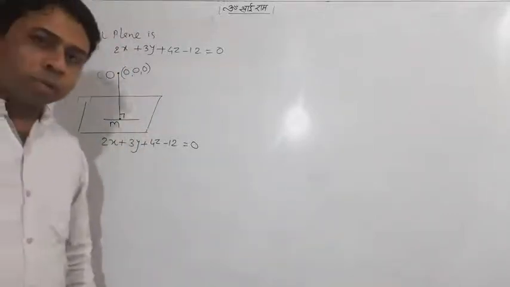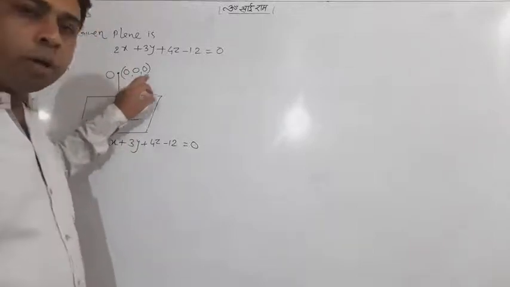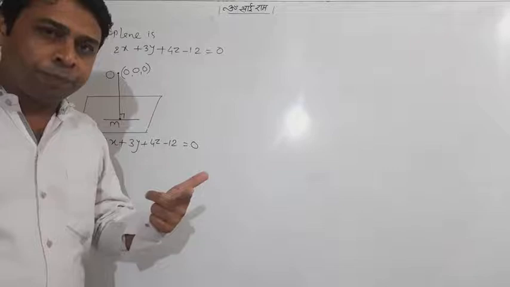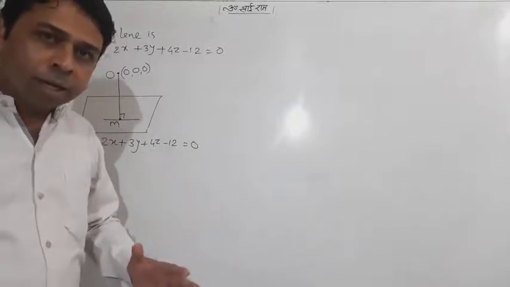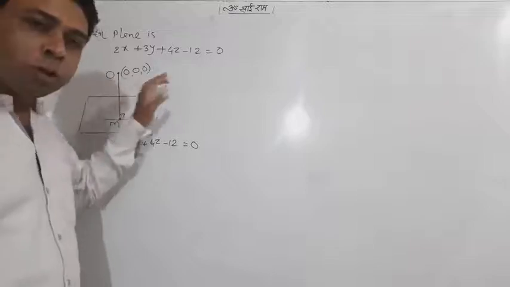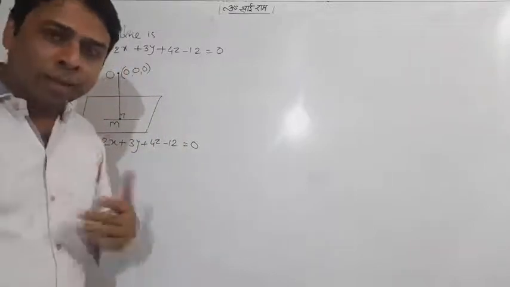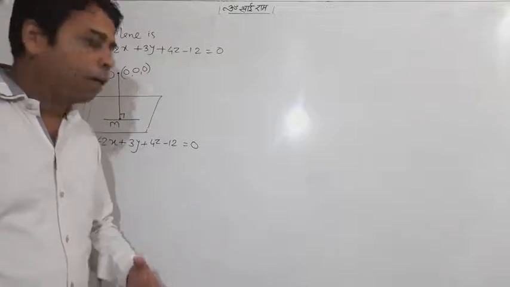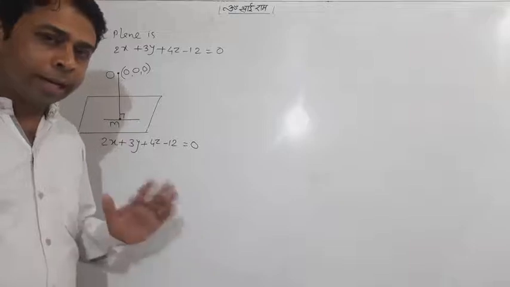Let me start this question. Before this, I have already taught you that instead of 0, 0, 0, the point may change. So I again say, see the method properly. If instead of 0, 0, 0 you have any other point, you can operate the same method on that point also. Okay. Now, how can we start this question? It's a very interesting question. I will explain.